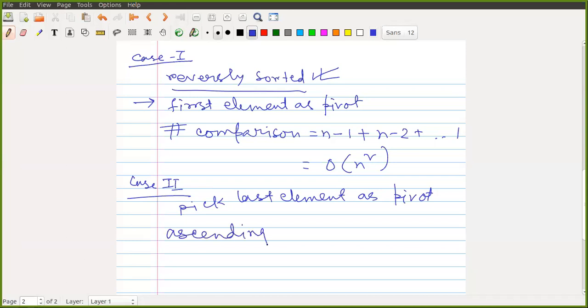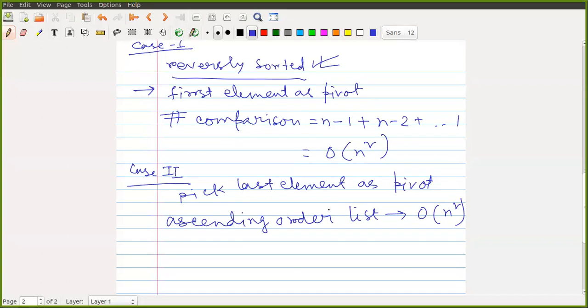You can work this out, but it will also give the same kind of idea, like at every point one sublist would be size 0. So basically, essentially, we are comparing all possible pairs, more or less, order wise. And in that case, it also gives order of n square. Number of comparisons would be order of n square.